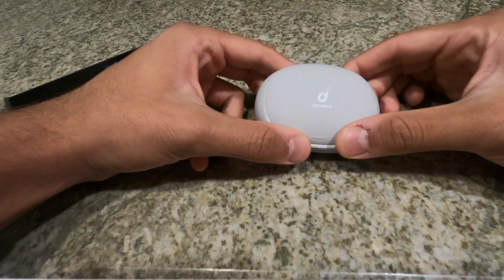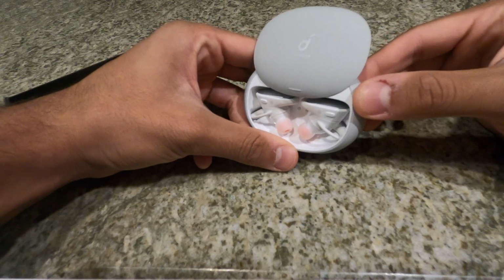Now, Soundcore's charging case is a little bit bigger than I was thinking, but not too big to the point to say that it's not something you could carry around. It feels nice in the hand. It has very good battery on it. I will break down the battery in just a second. And honestly, when you're with Anker, you know you're gonna get the best charging, you're gonna get the best battery life, everything. So the earbuds have 8 hours total, and the charging case has 24 for a total of 32